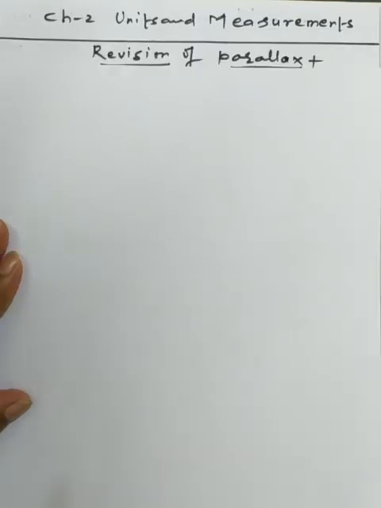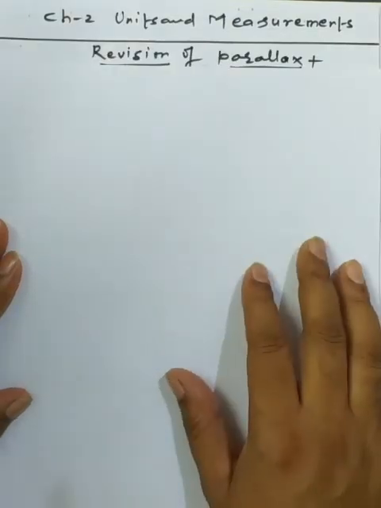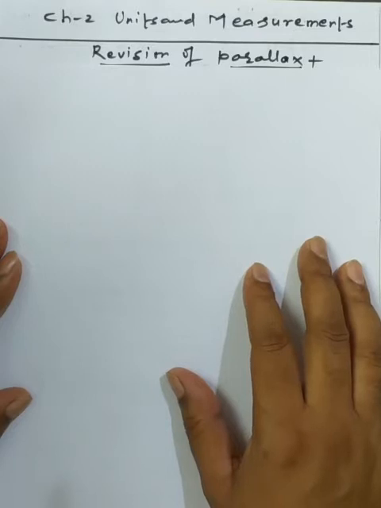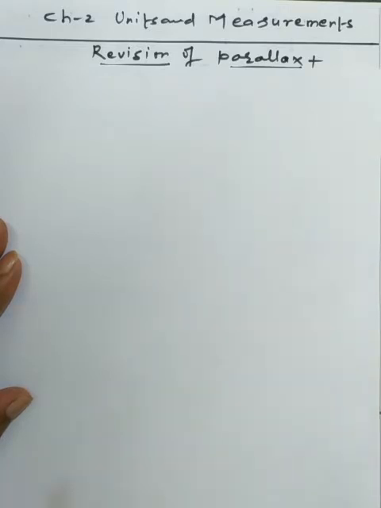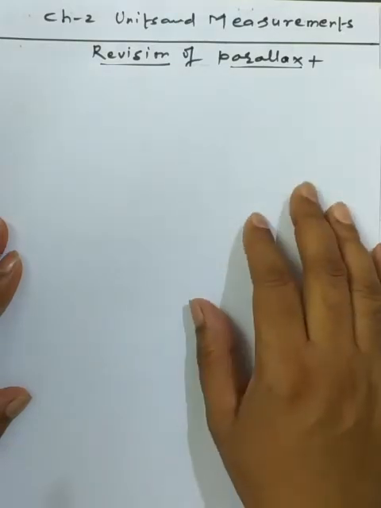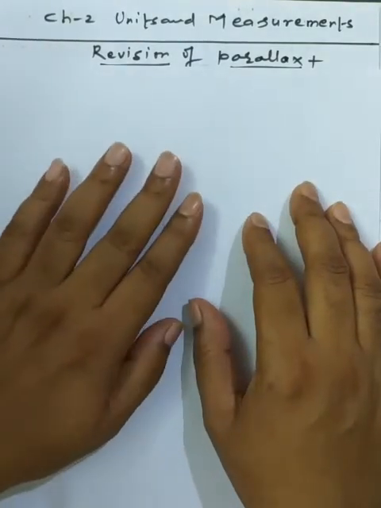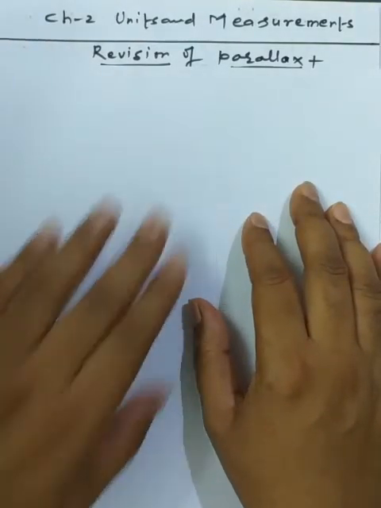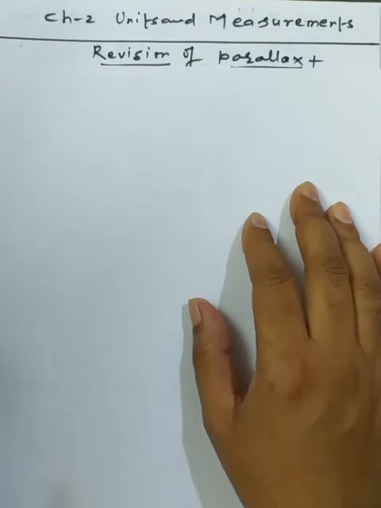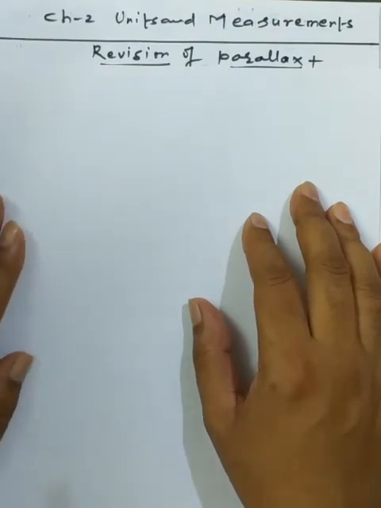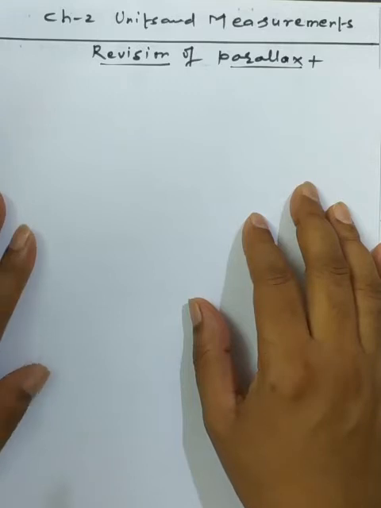Okay. So here we have the revision of parallax, along with some numericals that we can attempt to measure the largest distance. So one by one we are discussing them. So parallax, as we discussed in the previous lecture, is a kind of shift in the position whenever we take a point of observation with respect to a wall by our left-hand side and right-hand side eye.